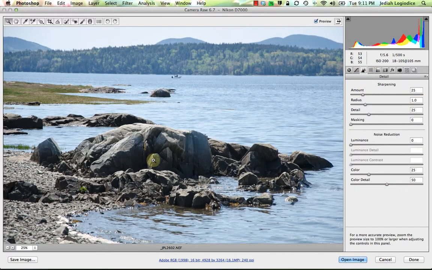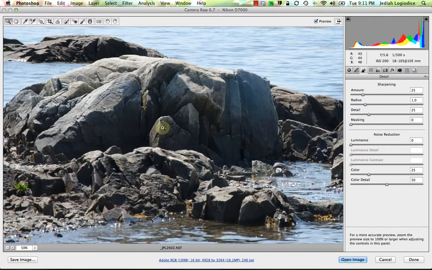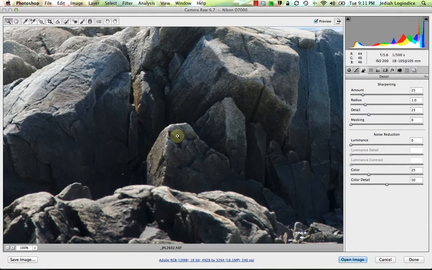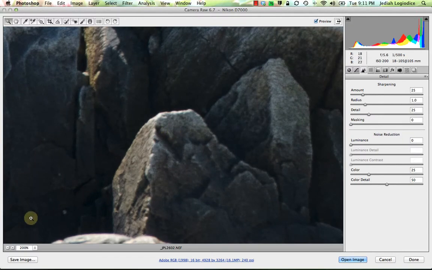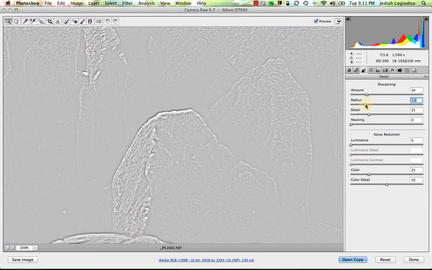At this point, I usually jump over to the sharpening tab. If you take a look here at about 200%, you can see that I could use a little bit of sharpening in the textures here. I'm going to hold down my Alt key. I typically start at about 34-35%. For my radius, again, holding down the Alt key,